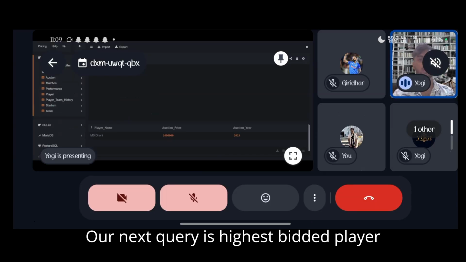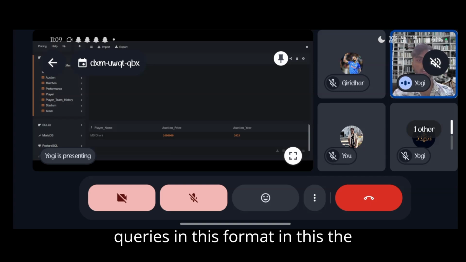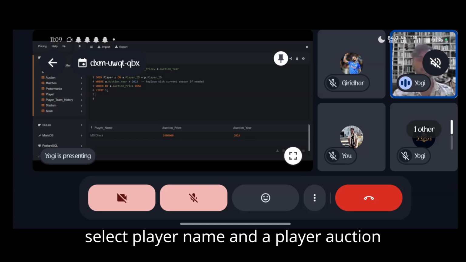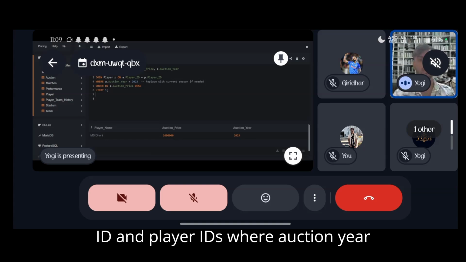Our next query is the highest bidded player. As we can see, the query is in this format. Select player name and player auction price, and join player on player ID,